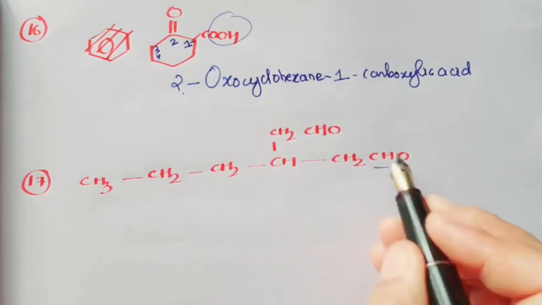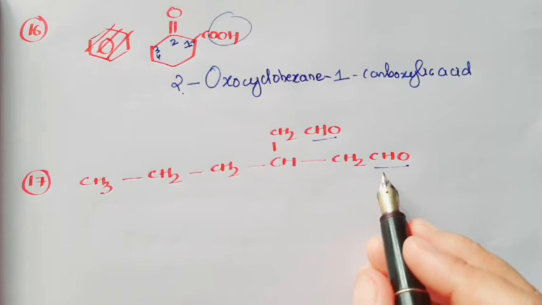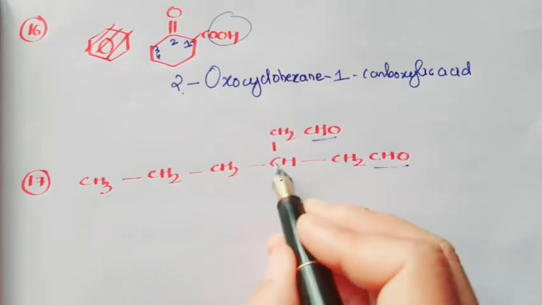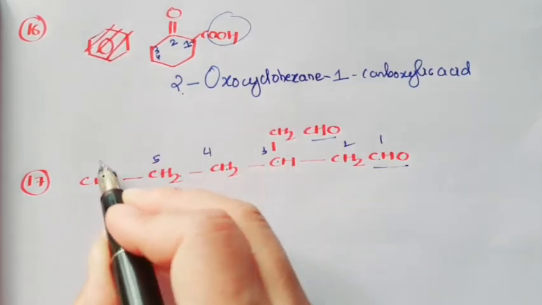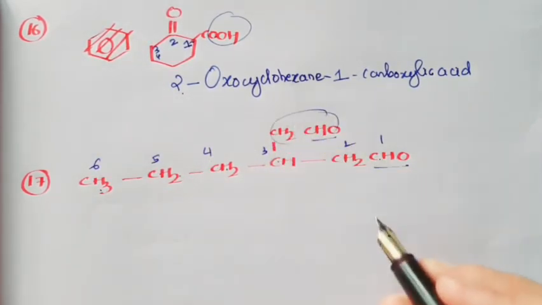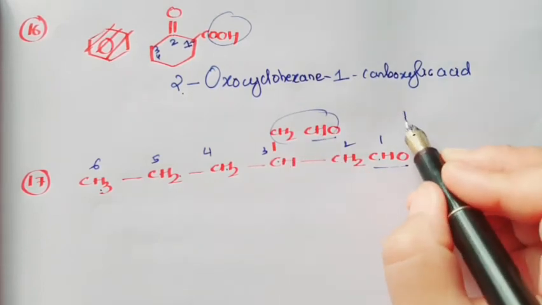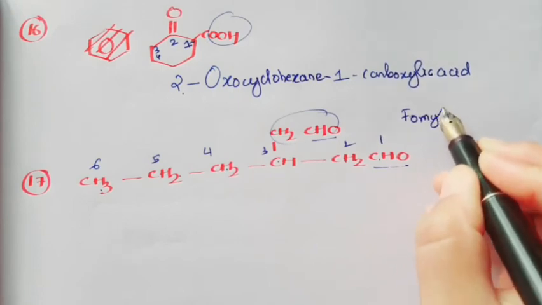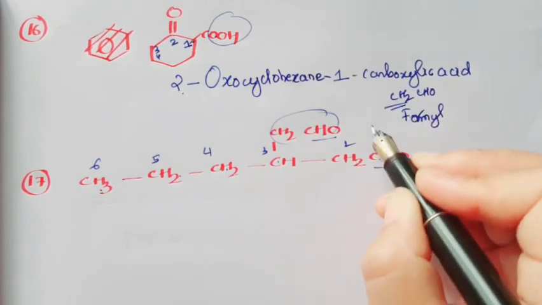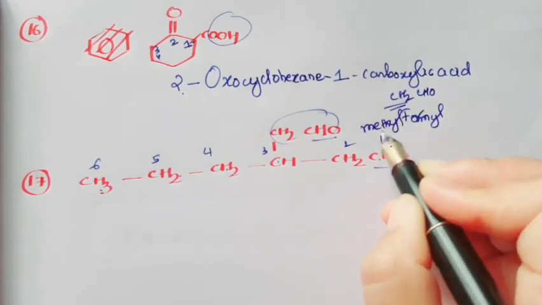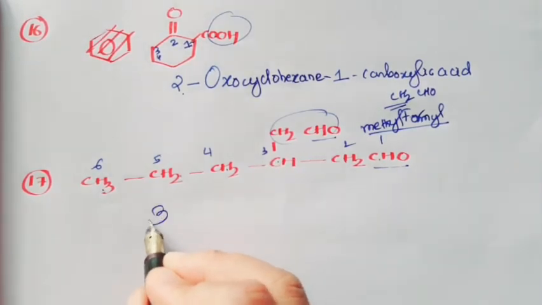Now next is this compound. Okay, so here CHO is present, there are two. So now you need to choose the longest chain, right? So with your functional group, this is the longest chain, 1, 2, 3, 4, 5 and 6. Now this is your substituent. Okay, CHO means formyl. CHO is what? Formyl, right? Now again CH2 is there, right? So this is your methyl. So what do we write? We write methyl formyl. Okay, and what is its position? It is at 3. Name of this compound 3